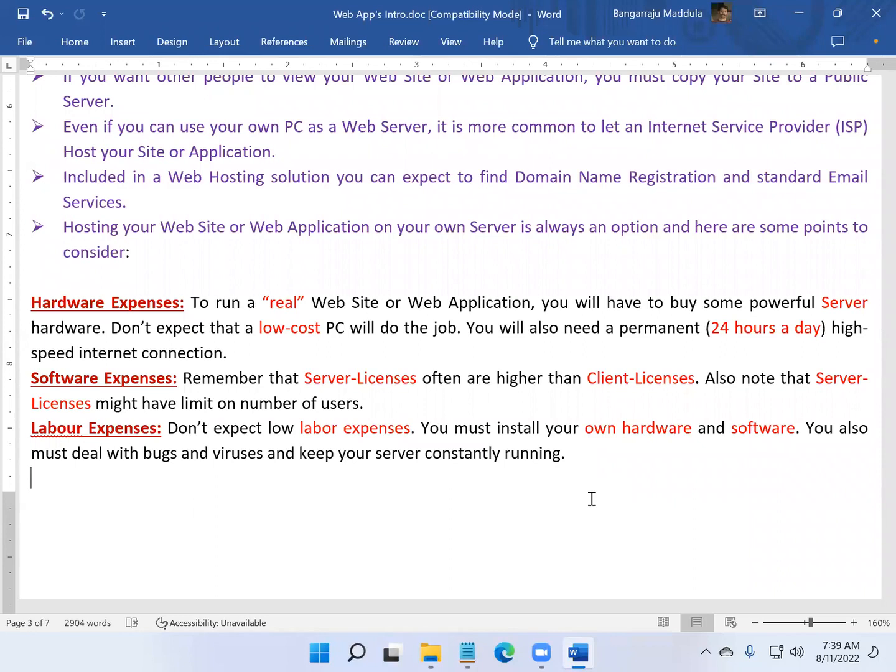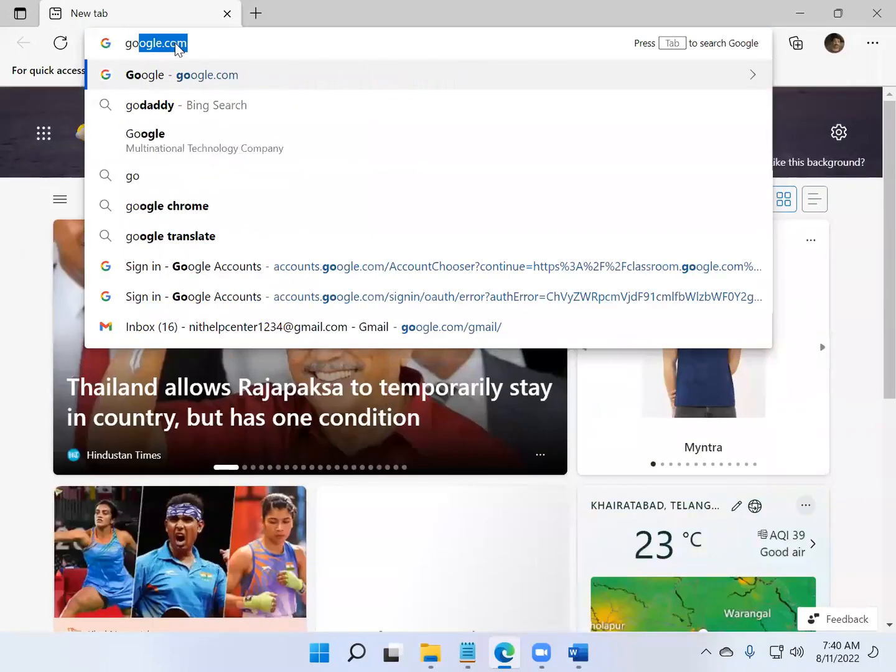We can get all the services with one cost. You don't need to pay for each separately; you will be getting them for a lesser cost. Already we saw in the last session, in the hosting I showed you, we have different plans, starter plan and others, each plan with different sizes, facilities and functionalities. If you can invest 500 rupees per month for any plan, you will get all these services at a time. We saw this in the GoDaddy website last day.